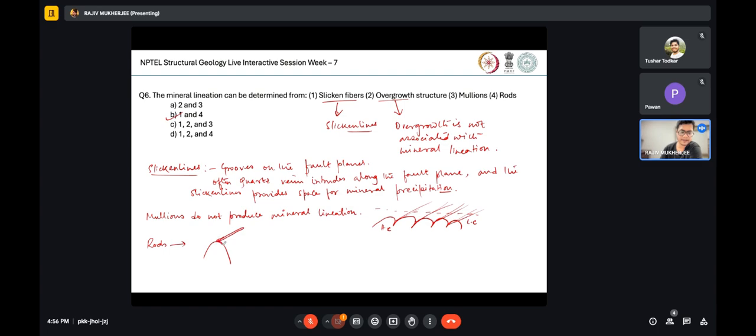So if I have a very high, steeply plunging or steeply dipping fold, very tight hinge, then I may often encounter that monomineralic aggregates are taking place on the hinge line. So rods are essentially